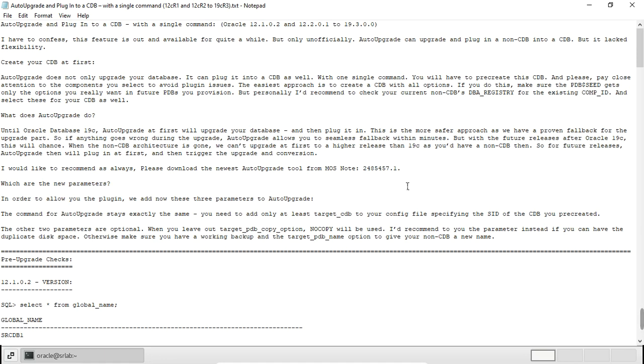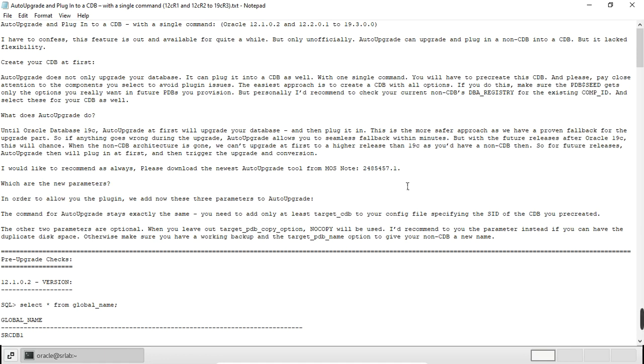The easiest approach is to create a CDB with all options. If you do this, make sure the PDB seed gets only the options you really want for future PDBs. But personally, I recommend you check your current non-CDB's DB registry for the existing component IDs and select all of these for your CDB as well.